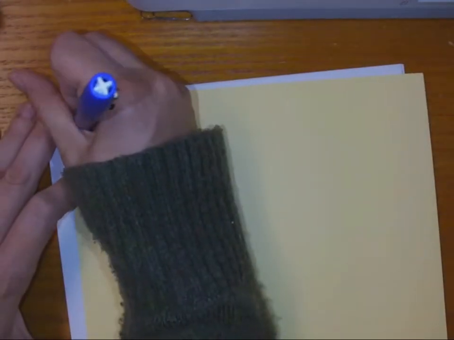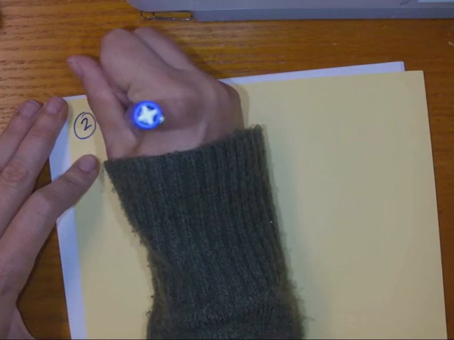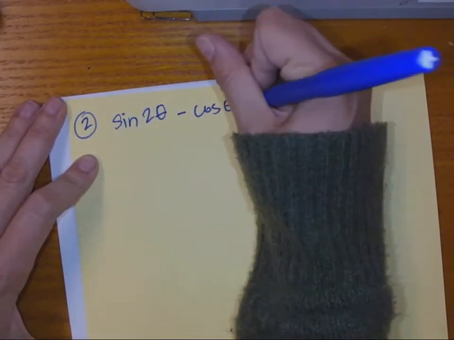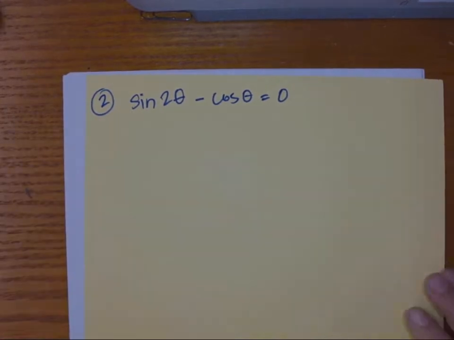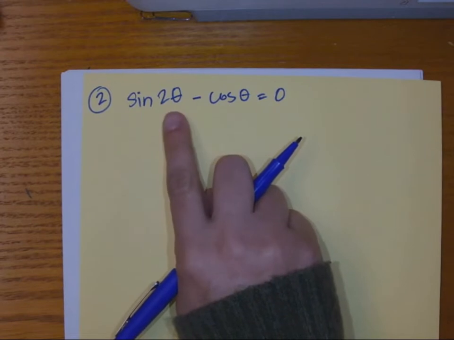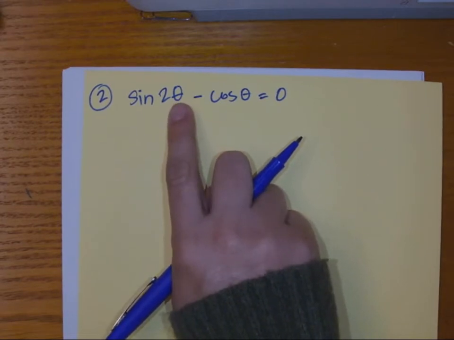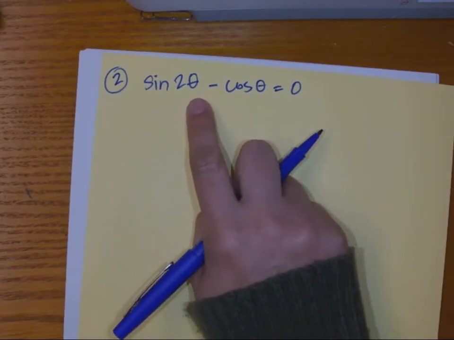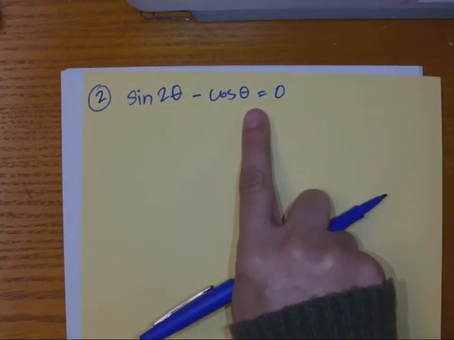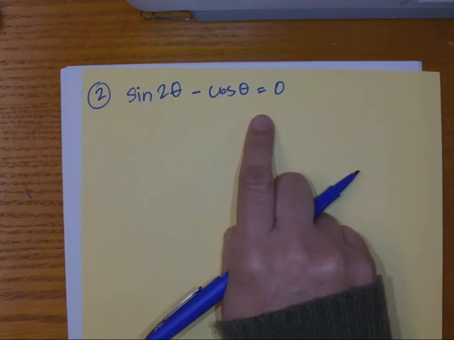If I had the problem sine 2 theta minus cosine theta equals 0. Okay, so the issue here is not the 2 theta. It's okay to have a number by theta, and we'll do some problems like that by itself later on. The problem here is the fact that I have sine and cosine, and I can't have sine and cosine and be able to solve it